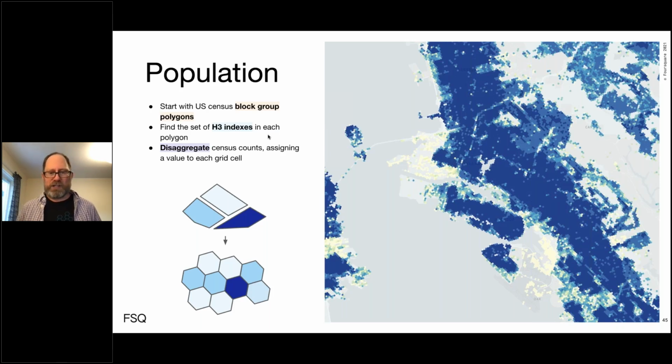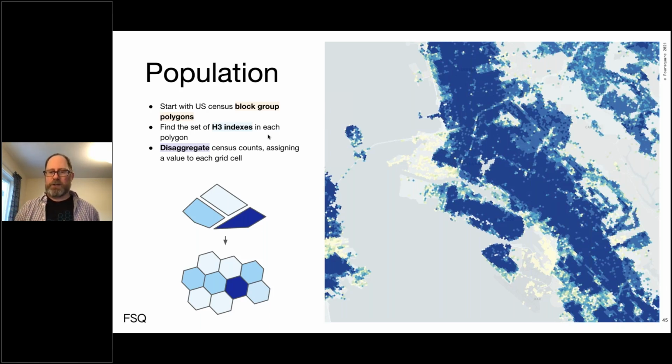In this case, we're actually splitting it up, and you can get fancy here, which is actually something we've done for this particular data set, where in addition to just splitting out the data across cells, ideally you want to split it out proportionally to how much of the polygon is contained by a given cell, and that gives you a pretty good representation of how much data might be in a given H3 cell once you've transformed from the polygons. So now we have this census data set,